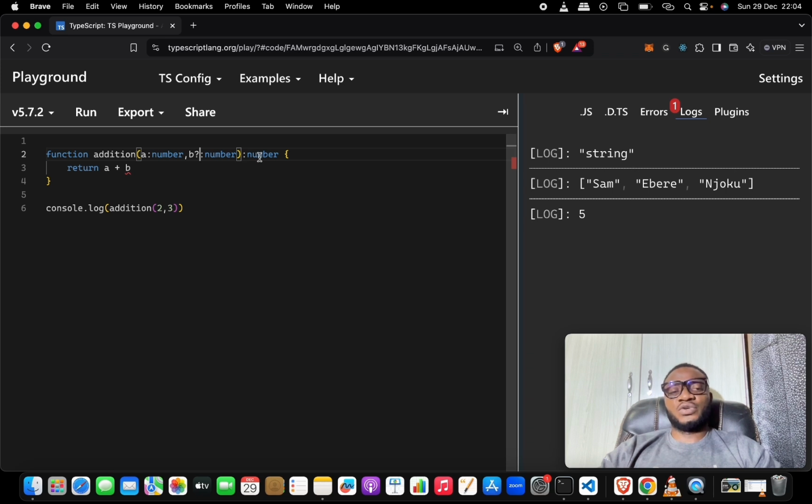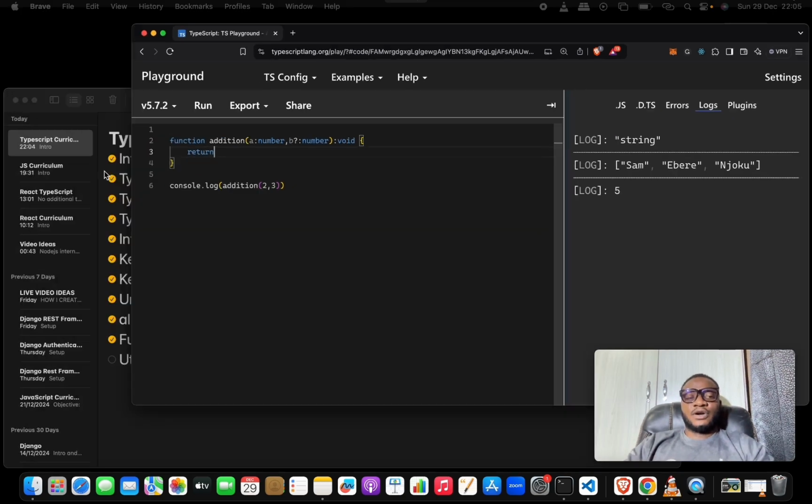Just in case you will not be probably returning anything, you can just change here to void, something like this. But if you change here to void, you would also need to fix here. So that means you need to just put a return because it's not expecting anything, and also everything is clear. All right, so back here